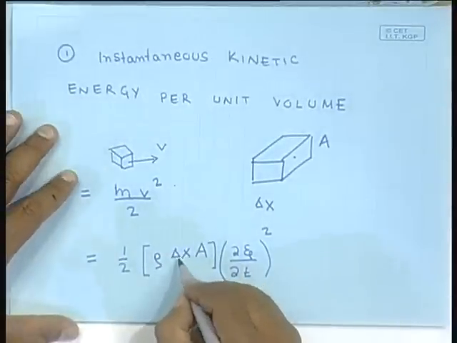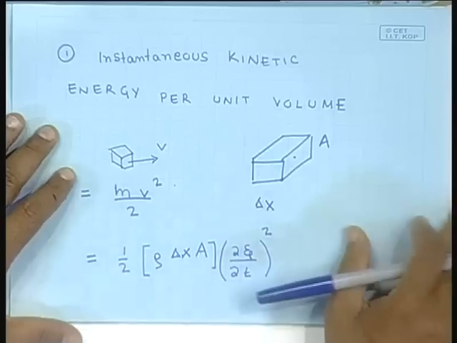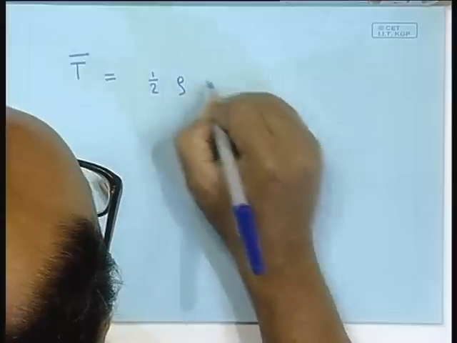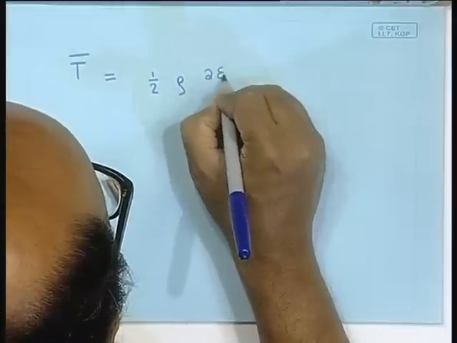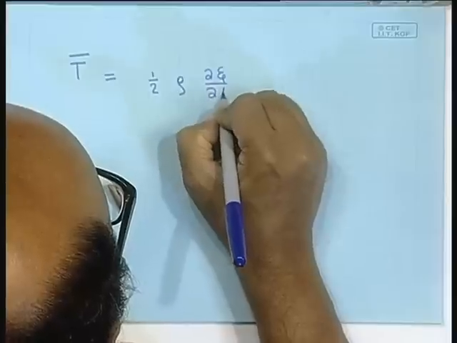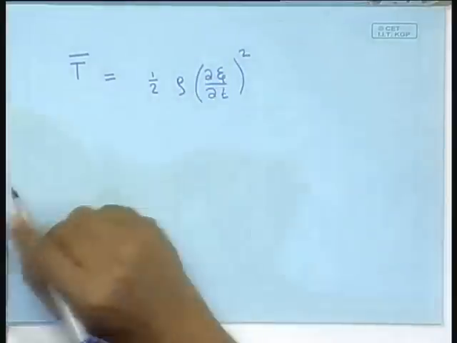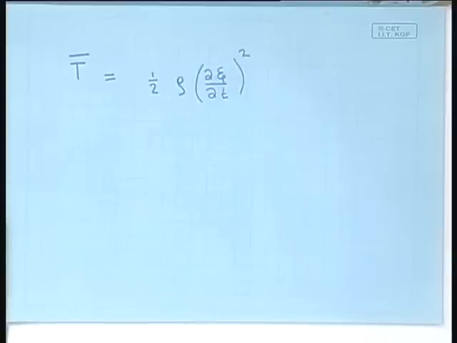If I divide the volume out, then this delta x into A is gone, and I have that this is half rho (del xi by del t) squared. This is the instantaneous kinetic energy per unit volume inside this steel rod,